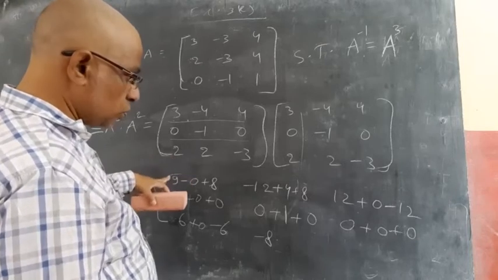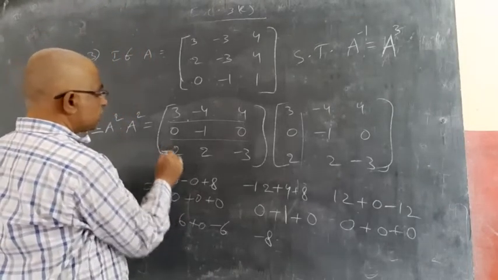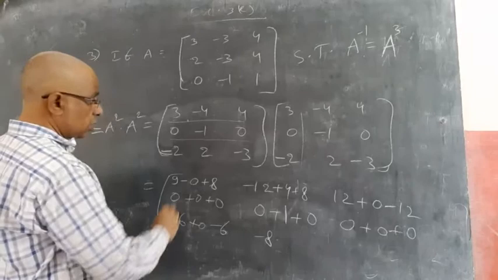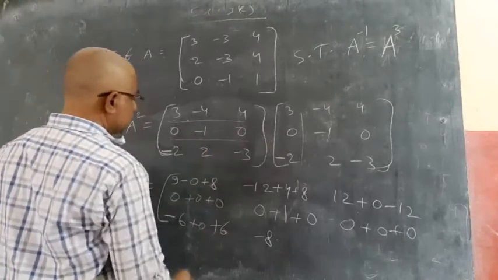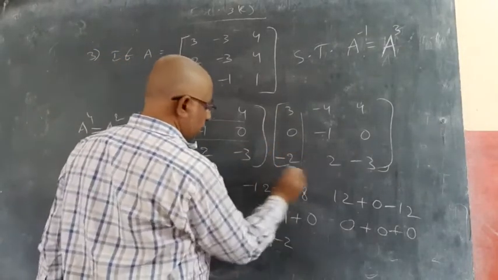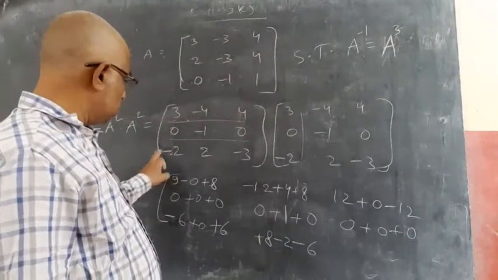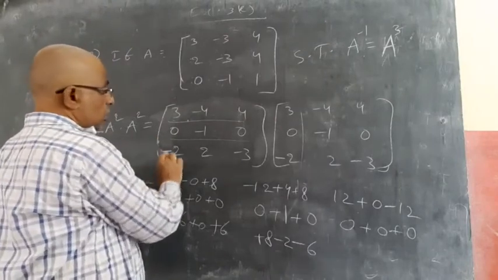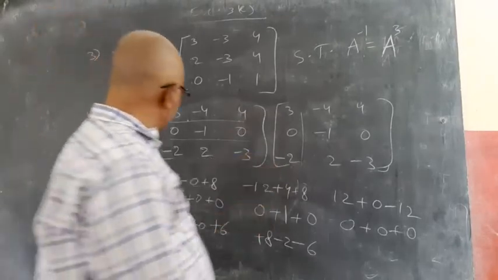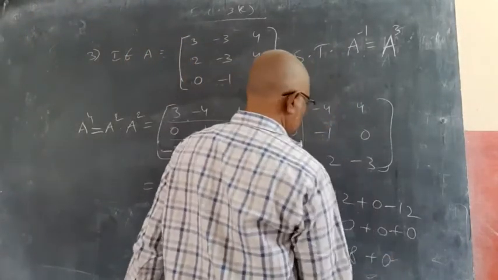But this is minus 2. Did I copy it wrong? This is minus 2, this is also minus 2. Yeah. Then this is minus 6 plus 0 plus 6. Now 4 2s are 8 plus 8 minus 2 minus 6. Right, I copied wrong, this is actually minus 2 previously, A square. So this is minus 2, then this is also minus 2. So minus 2 into 4 minus 8. Next, plus 0 plus 9.